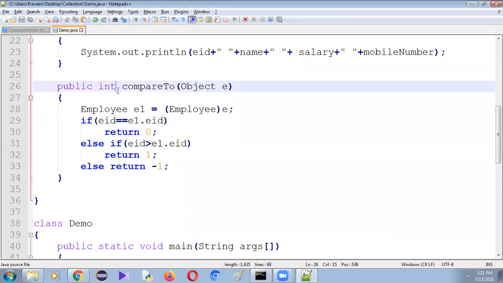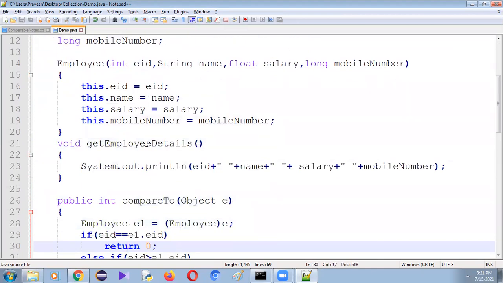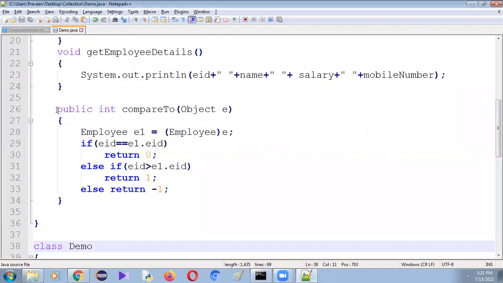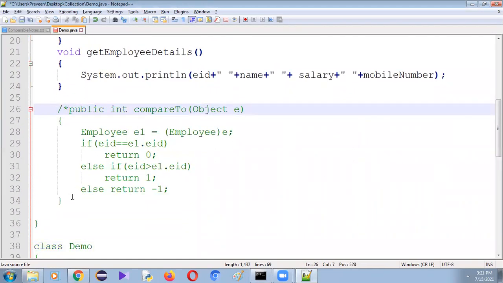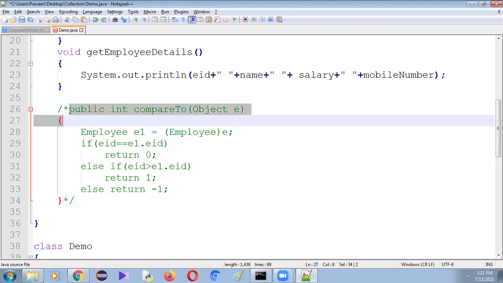Okay. So here what I said is, whenever we are using this Comparable, we can apply the sorting technique on only a single data member. Now, if I want to apply the sorting technique on name, is it possible? Not possible at the same time. By applying on EID and ENAME together, it is not possible. If I want to apply on name, then we have to keep this in comment. Next, we have to override the compareTo method. Okay, so let me show you that thing also.